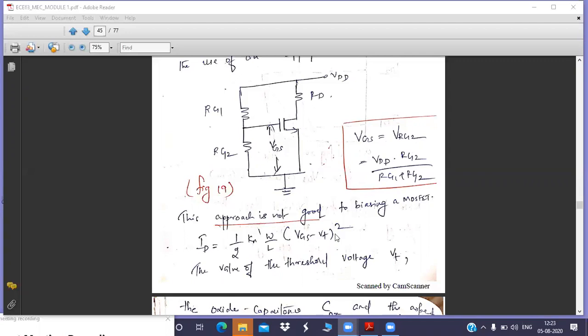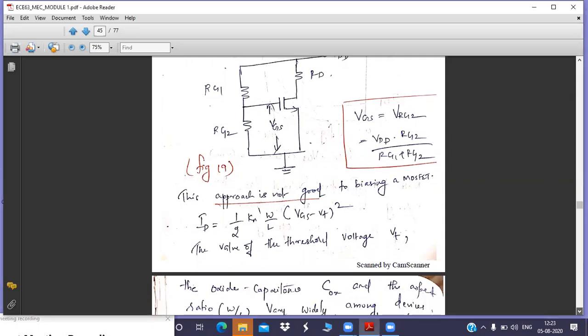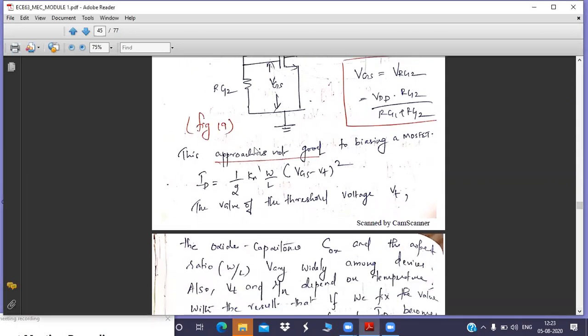How? Because this equation is confined to our saturation equation. You can see in this equation ID is dependent on VGS. All the others are constant. VT is constant, W by L is constant, Kn dash is constant. All three parameters are constant with respect to this particular device. Only VGS we need to fix, so that based upon that VGS, you can fix ID. Understood? So this ID and VGS jointly are going to fix our Q point or operating point in the saturation region.